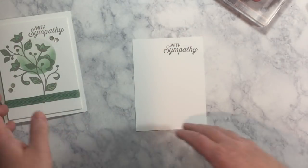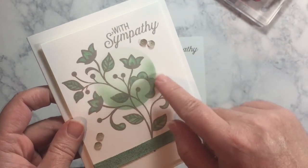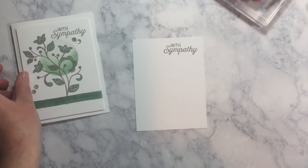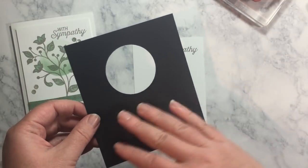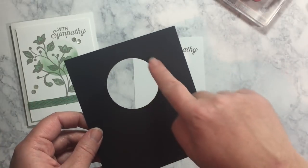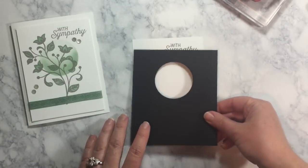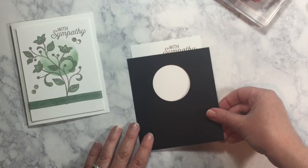Now we're going to work on our background, and the first thing we want to do is get this beautiful shaded circle down first with our Mint Macaron color. To do that, I have cut out a piece of black cardstock. This is just a scrap, and this size doesn't matter. What matters is the hole that you're punching out. This is a 2-inch circle punch, and we're going to use this as our template so that we can put this circle